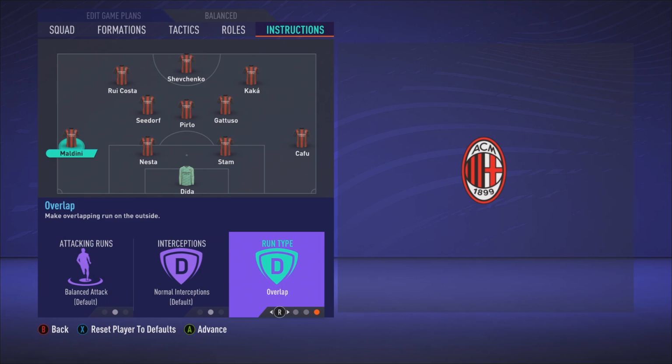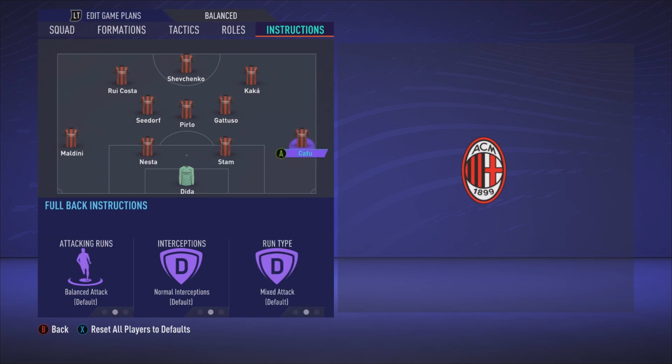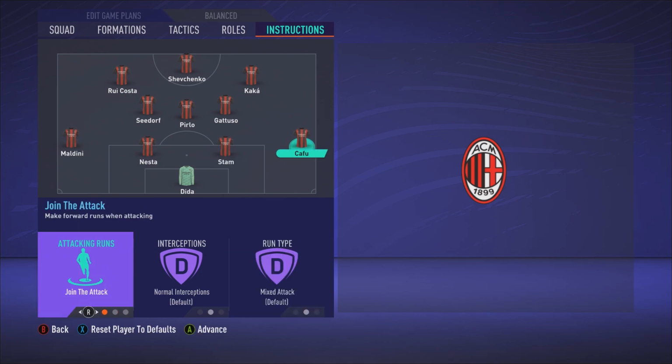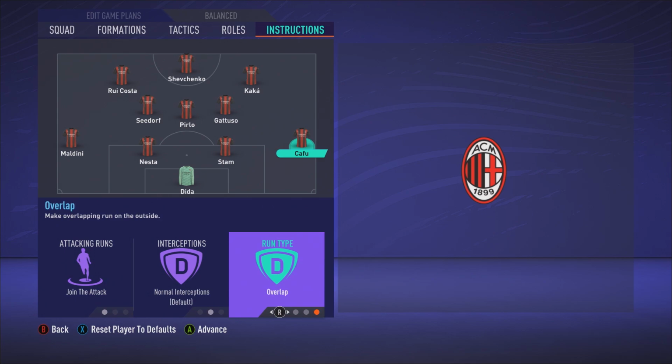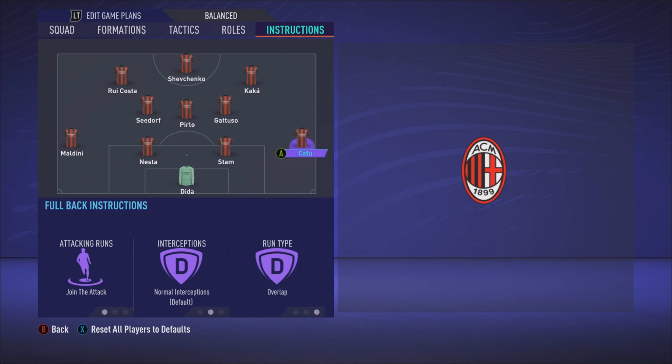Since this is such a narrow formation the way we set up, all of your width is going to come from the fullbacks. So you're going to want to especially set that right-hand side to join the attack, as well as overlap on the runs to make sure they keep their width. And those are the players who, if you want to go the crossing route, are going to be able to